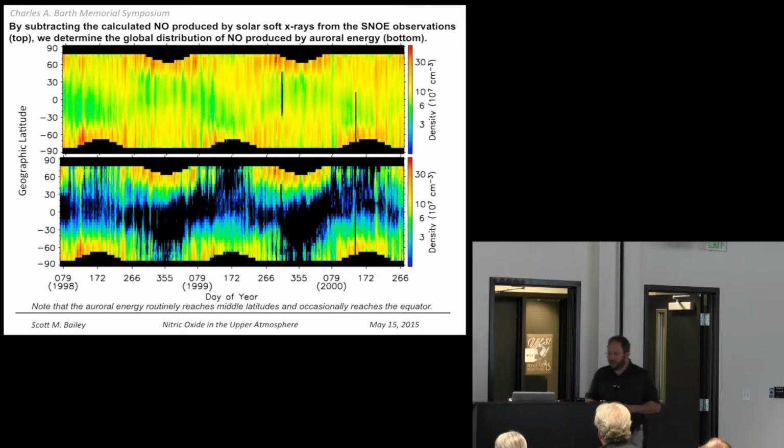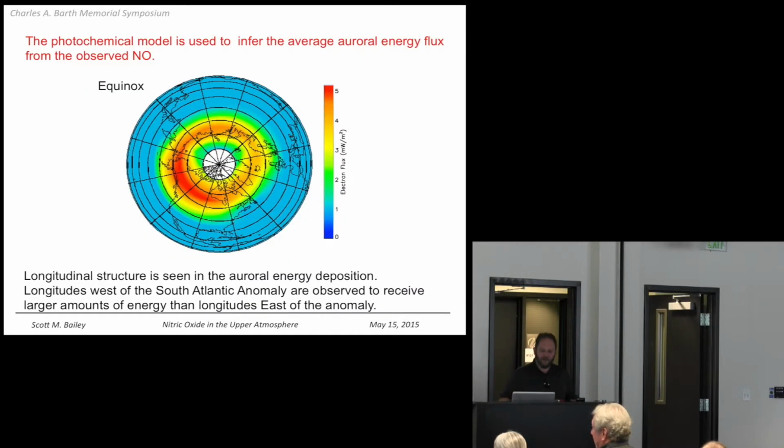And there's many more things he saw in this figure. Literally years we spent looking at this, learning from it, and writing papers on different aspects of it. Just one of the cool things we learned about the magnetosphere, and Dan, we worked together on this. If you use the nitric oxide to give you an estimate, by iterating with the model, of how much auroral energy must have been in a location, and you average that over all the equinox periods, you would expect that the aurora doesn't favor longitudes, that it deposits its energy equally at all longitudes, especially when you average over a long time period.